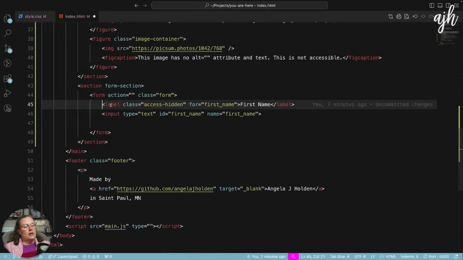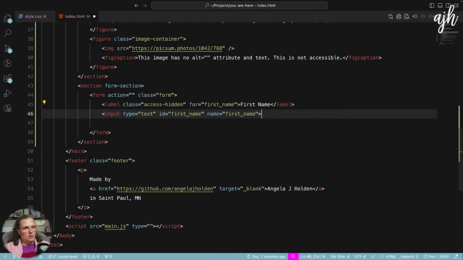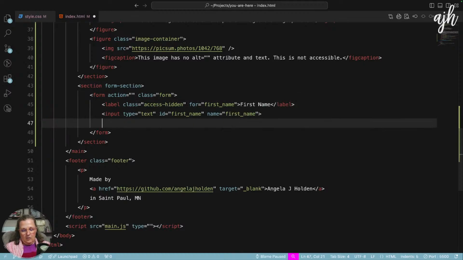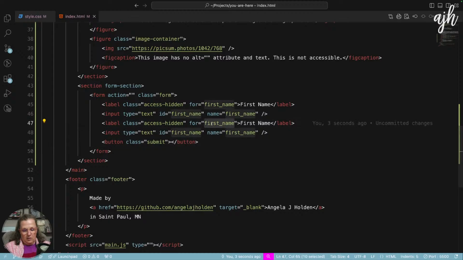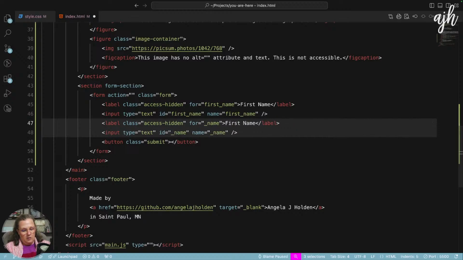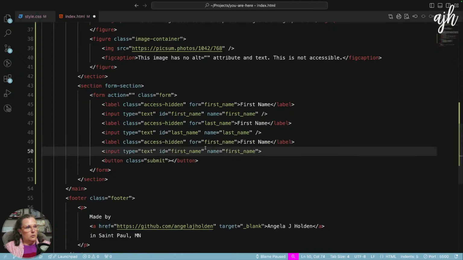So let's go ahead and add, and then we'll use a button. That's a great example. A button's a really good example of submit. And then this will be last name, and then we'll do